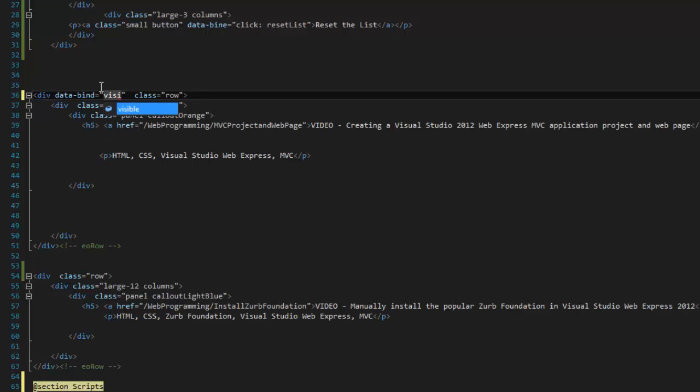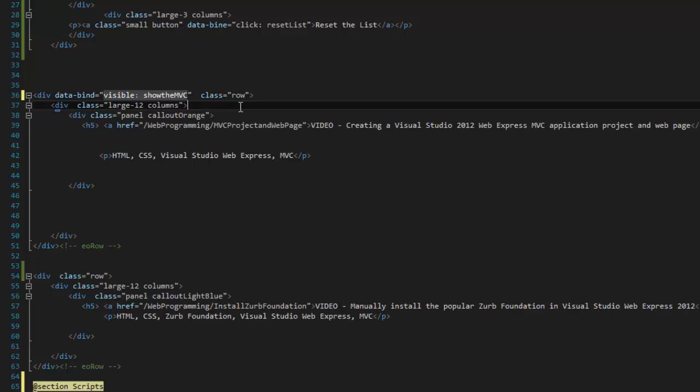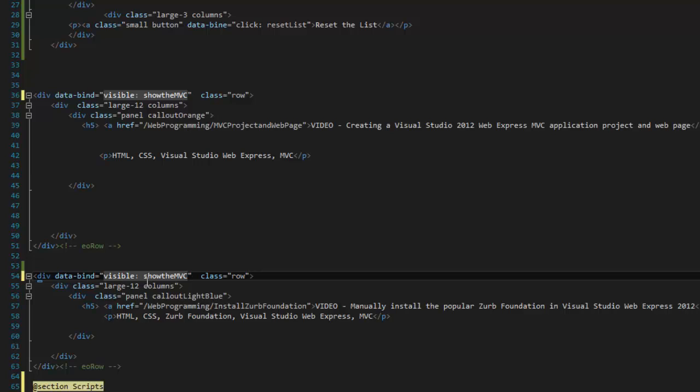And then we're going to do visible. You see it shows up until it shows up. Show the MVC. Okay. Now what I'm going to do is copy this to make just life easier on my typing since my keyboard is so loud. Show the CSS. Okay, so what I'm saying is the visibility